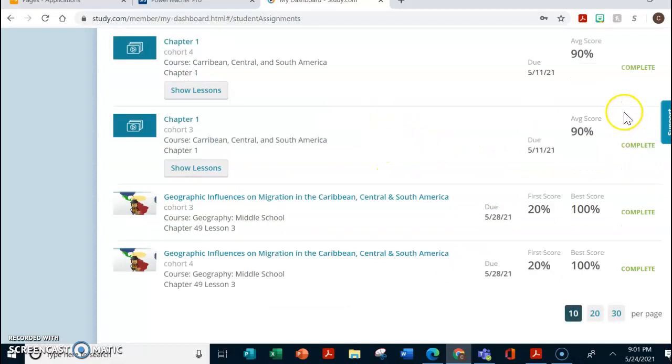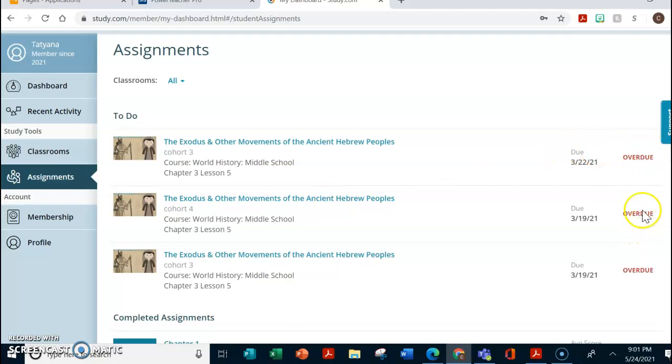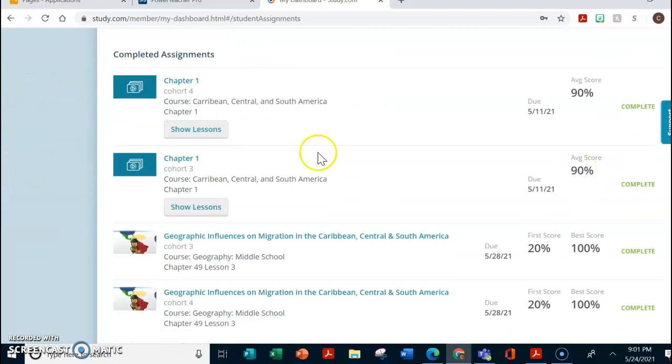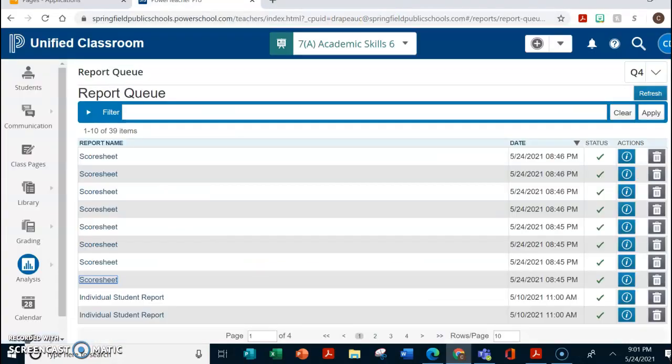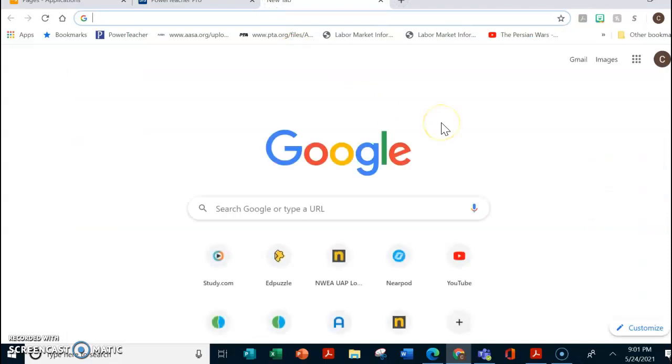If it was not done, it would say overdue or in progress. Okay, so if instead of complete, you see overdue, you're going to want to finish that. Show lessons. We'll show you the 4 lessons or 2 lessons, whatever, how many are in the chapter, and then you might have 2 done. You might need to get 4 done. Okay, so that's Study.com. Now I'm going to show you how to find out for Edpuzzle what you